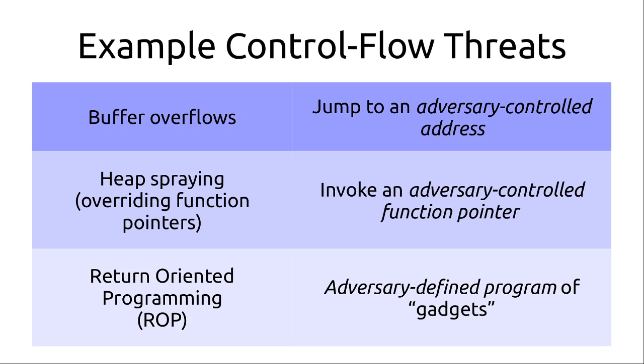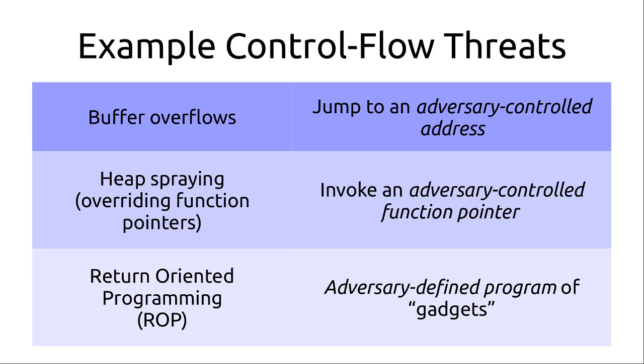Control-Flow-Integrity is something that I'm not going to go into much here, so I just quickly want to go through this list. How we can hijack the control flow of an existing system is using things like buffer overflows that essentially try to control the return pointer from a function, often by overrunning some sort of a stack allocated array. They can include things like heap spraying, which is meant to override function pointers within data structures so that when we invoke them, they go to some sort of an adversarial function, or return-oriented programming that essentially use buffer overflows